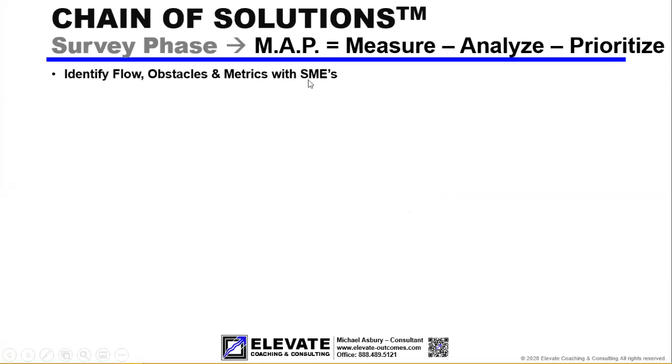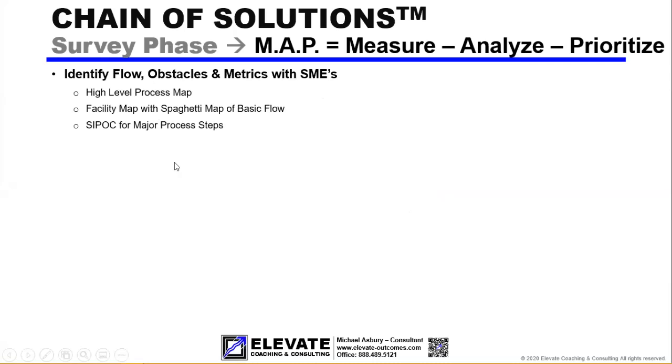And while we're doing this, we're going to work with the subject matter experts because they're the ones that work with it day in and day out. So we'll create a high level process map. We'll create facility maps and do a spaghetti map for the basic flow of the high level process steps through those facilities. Then we'll work with the subject matter experts to develop a SIPOC map for the major process steps